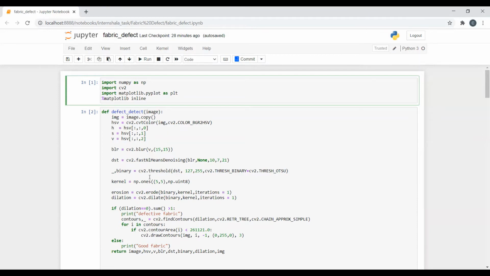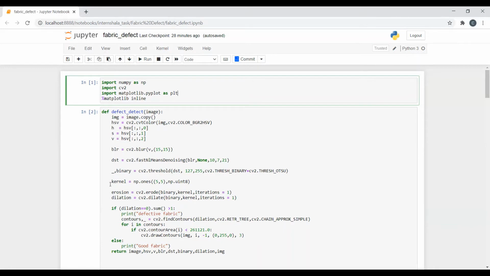Then I'm converting this denoised image into a binary image using the thresholding method. For thresholding, I have used cv2.THRESH_OTSU to find the optimal threshold value. Then I'm applying morphology on this binary image.